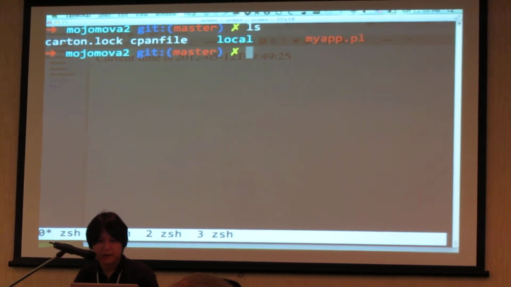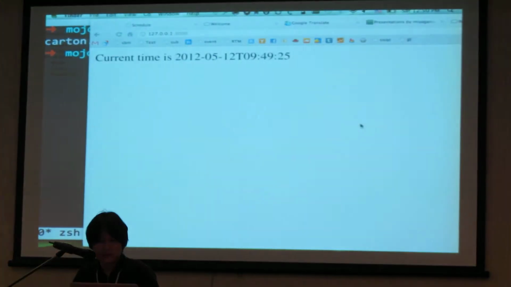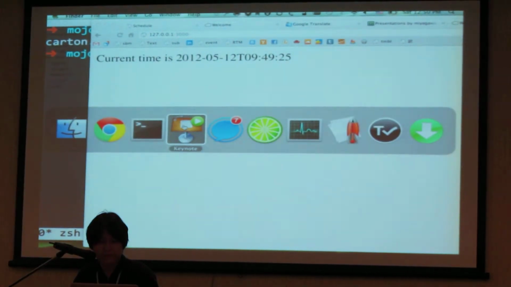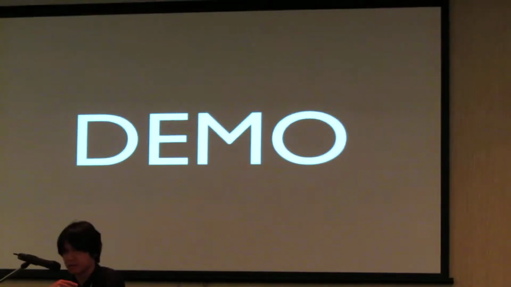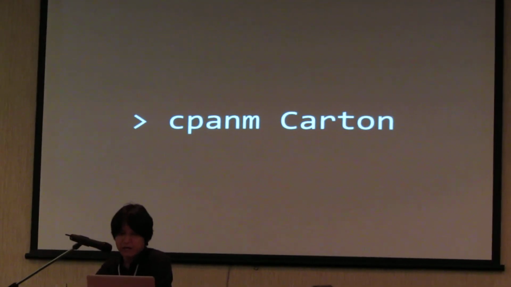Okay. So that's how you use cpanfile and Carton to specify and manage dependencies, and deploy to production. You can get it from